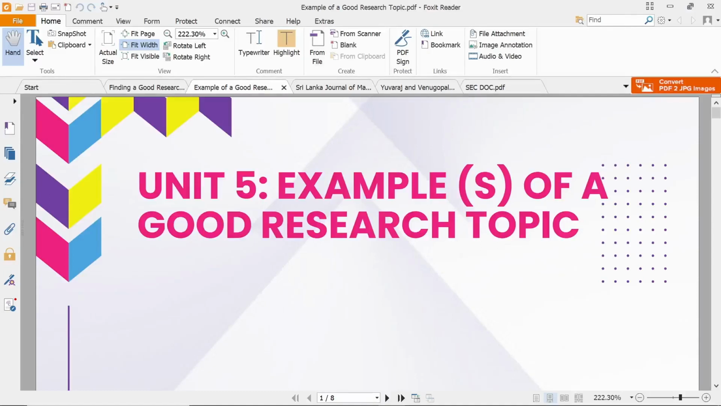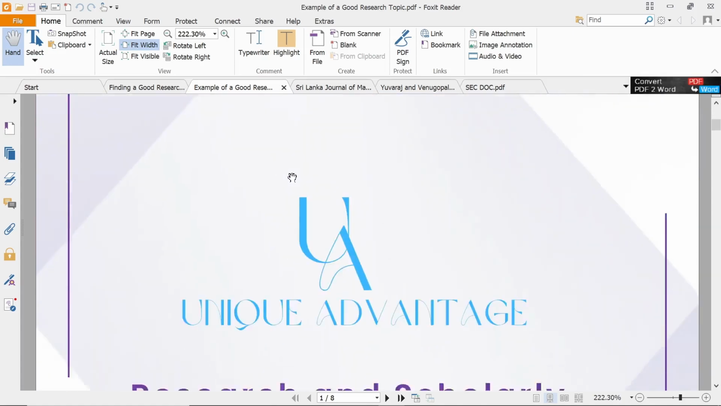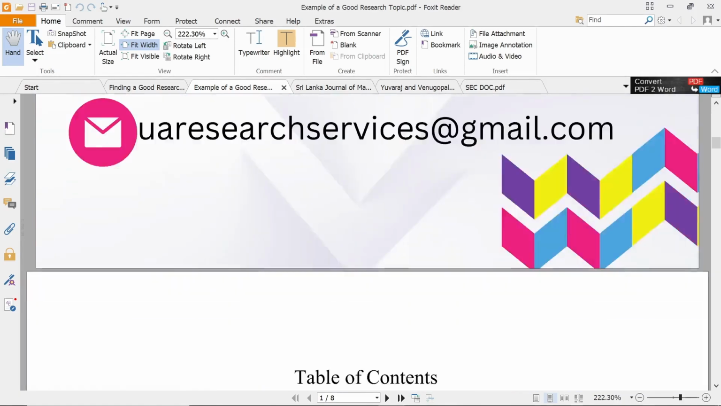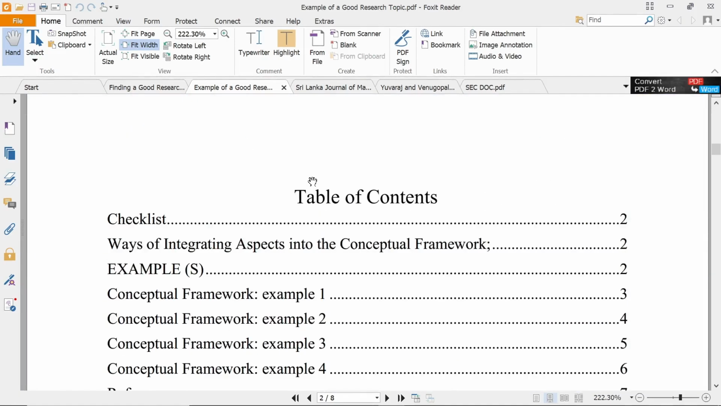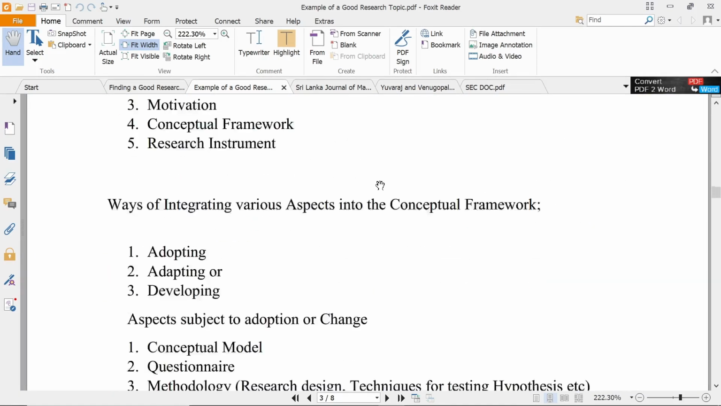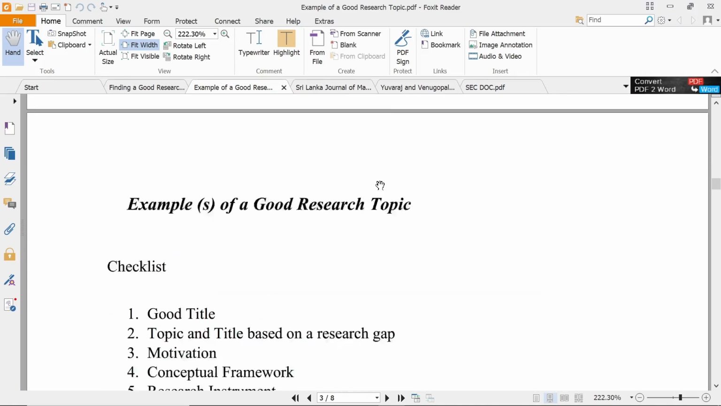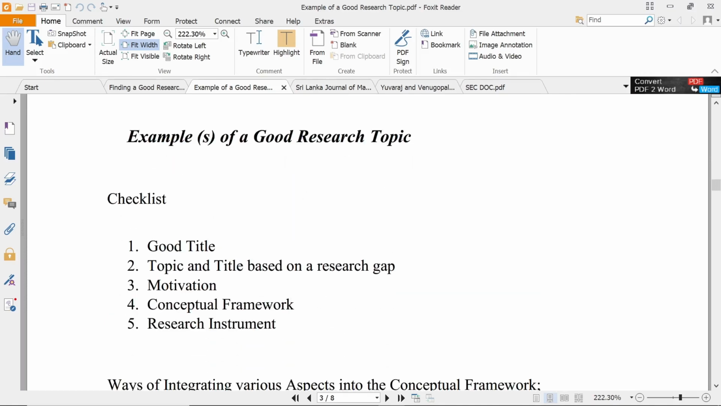This video will be about the application of what I've been talking about from the first video to the fourth video. So I'll show examples of a good research topic, and I'll also talk about one particular example where I discovered a good research gap. So let me delve into the nitty-gritties of this video. So this is a checklist